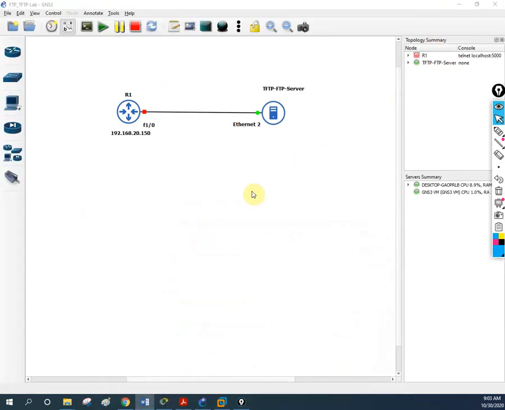As we discussed in our last class, RSTP has a convergence time of less than 10 seconds compared to PVST.